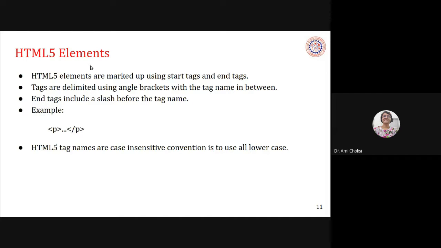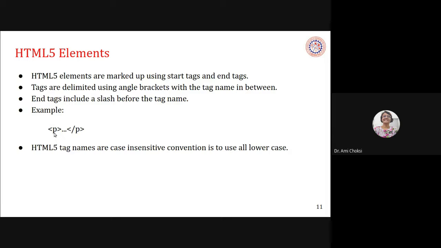So HTML5 elements. HTML5 elements are marked up using start tags and end tags. Tags are delimited using angle brackets with the tag name in between. End tags include a slash before the tag name. This is known to us, isn't it?